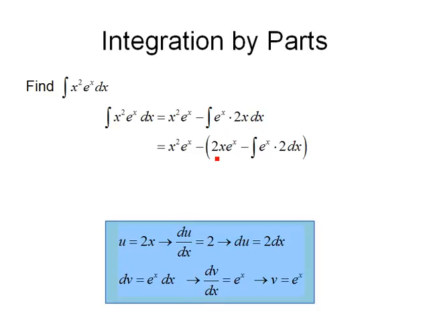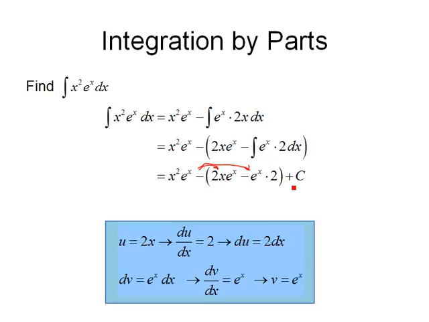So I get uv, which in this case will be 2x times e to the x, minus v du, but in v du now it's e to the x times 2, and we can just bring that constant right out in front, which means this is just the antiderivative of e to the x, which is e to the x. So inside the parentheses, we get the antiderivative of e to the x times 2 dx is just e to the x times 2. We'll go ahead and distribute our negative,